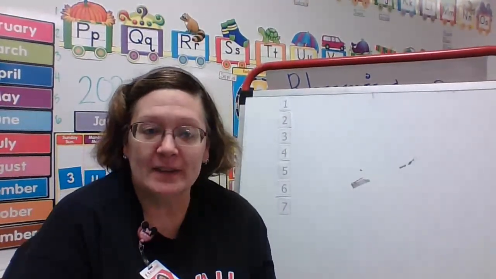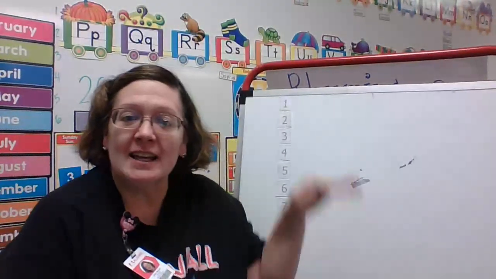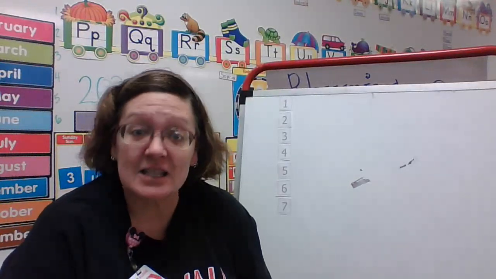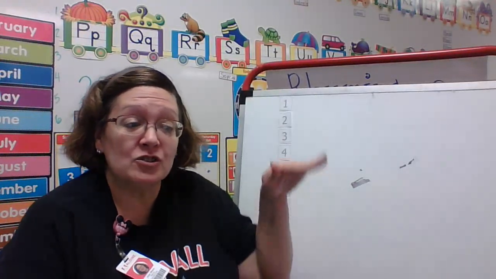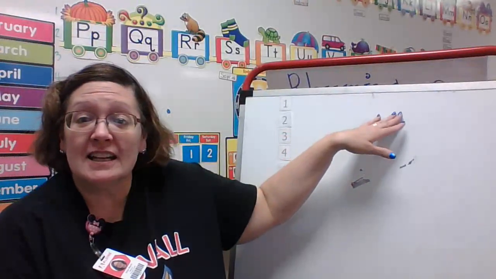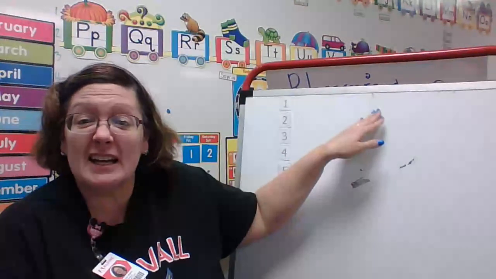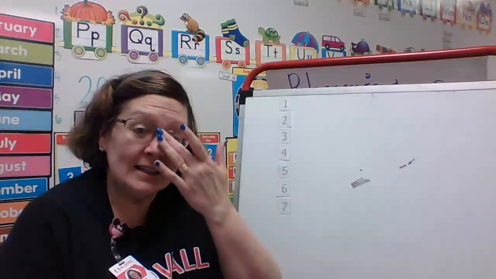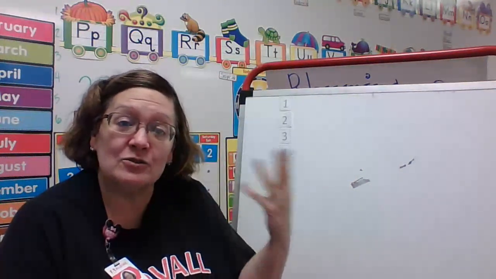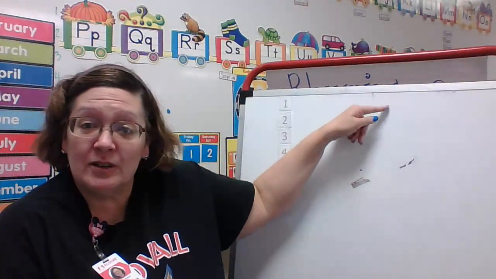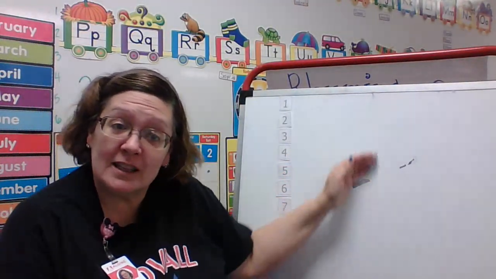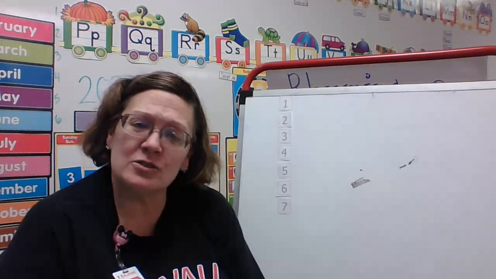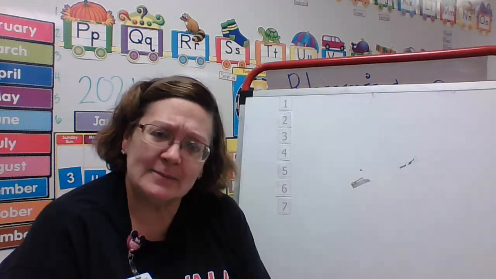Ordinal numbers. And we talked about it yesterday also. It's the special order that things go in. Like if you're running a race or you're trying to put your animals, the ones you like the very best, you line them up in order, okay? Or if you're signing in somewhere, when you get there first, second, third, whenever you get there, then you sign in, and that's the number that you sign in at. Okay, so there's all different reasons why we learn about this.